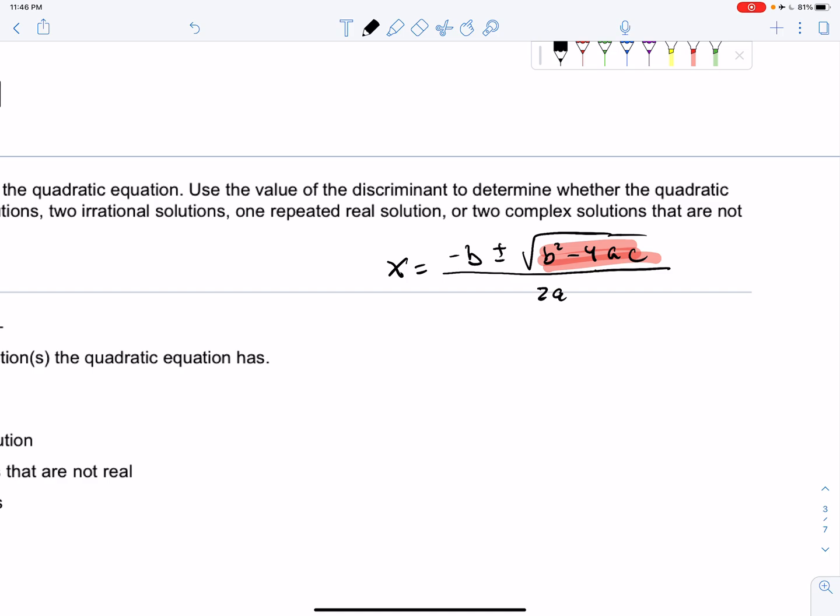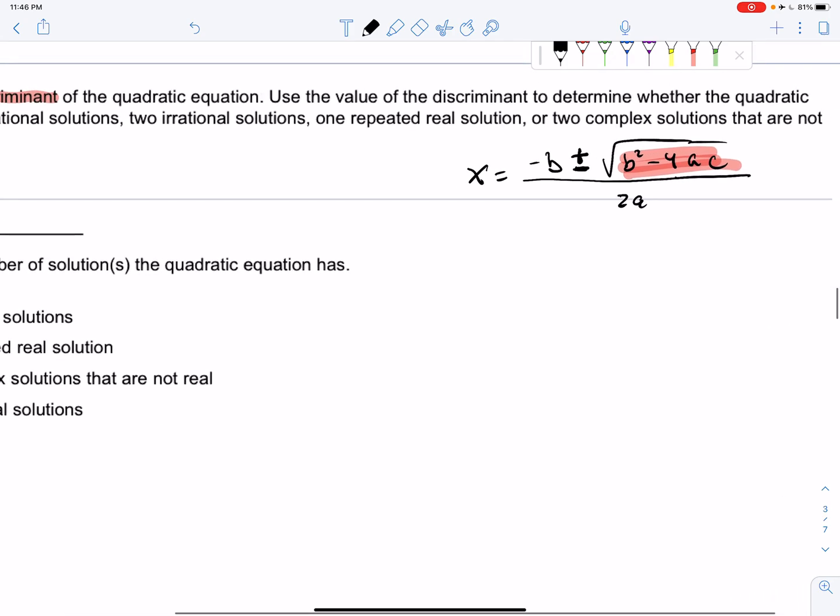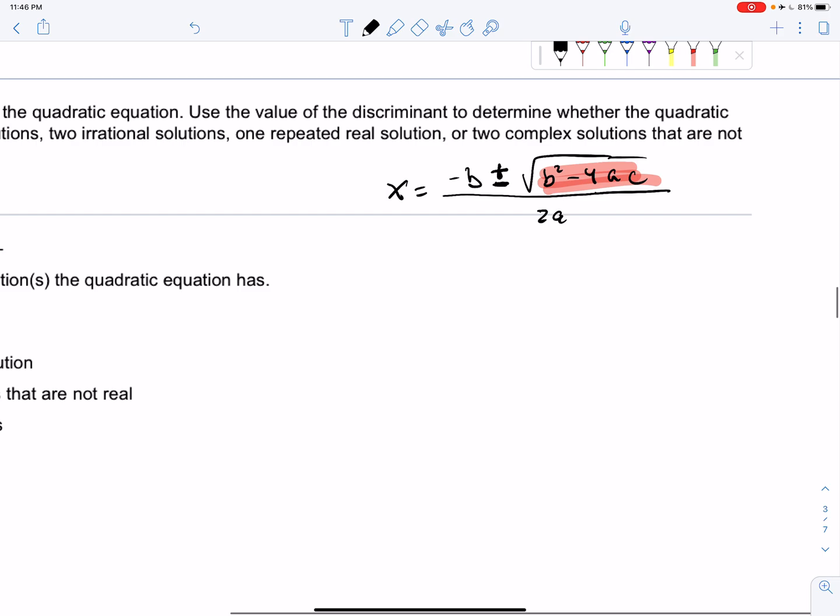And one thing that gives us two solutions is the plus or minus symbol, right? And we can also tell what types of solutions, because if this red discriminant is negative, you know you're going to have an imaginary number. You're going to have two complex solutions. So they give us the different types of solutions over here on the left. But let's go ahead and work this through in our head. So if the discriminant, which, how do you calculate it? Well, it's b squared minus 4ac. If that is greater than 0,